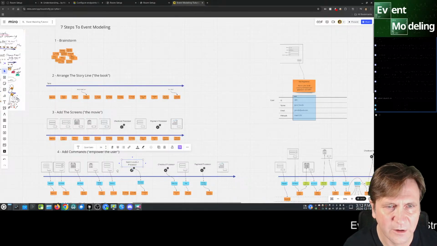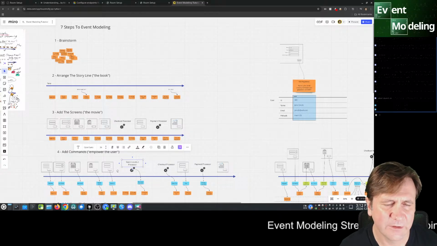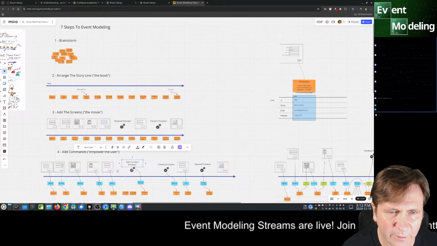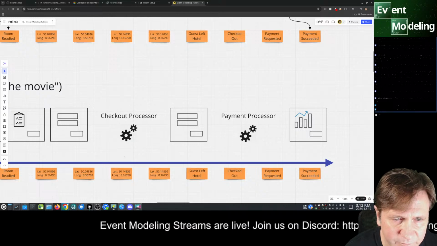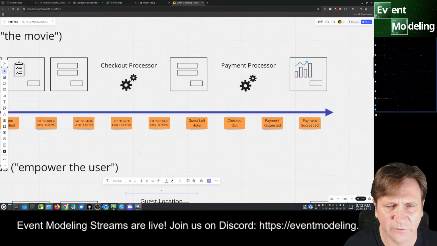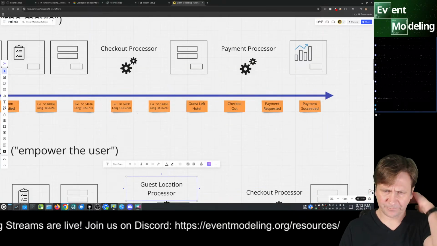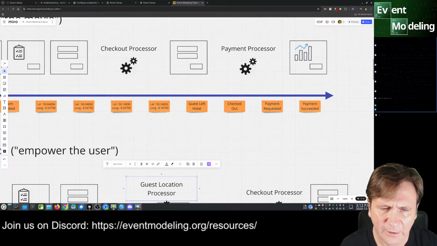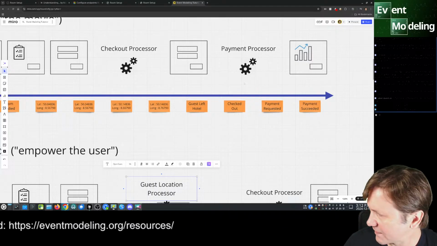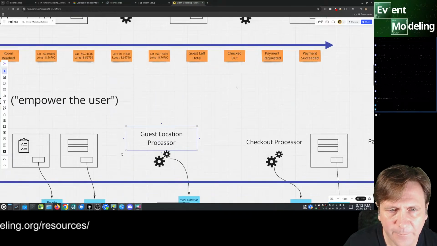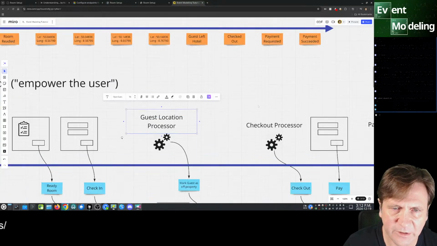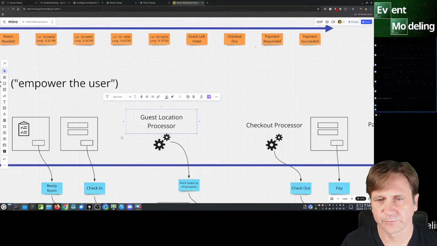So we need to, because up here in step 3, we actually don't know why we have these things. You kind of have to infer that the location is used for a checkout. But if we add this second thing here, this guest location processor, that'll give a hint.